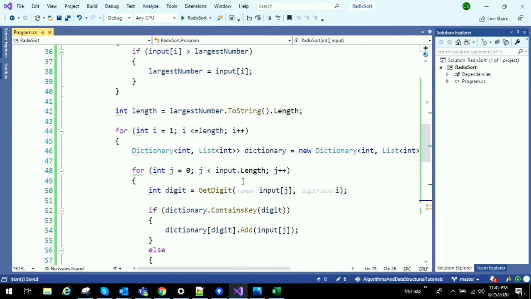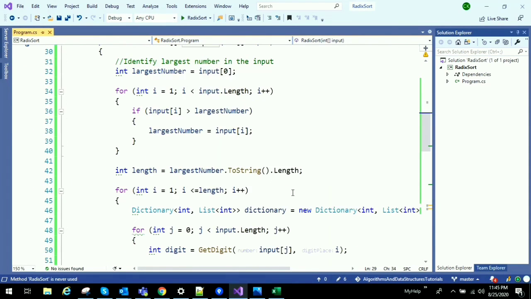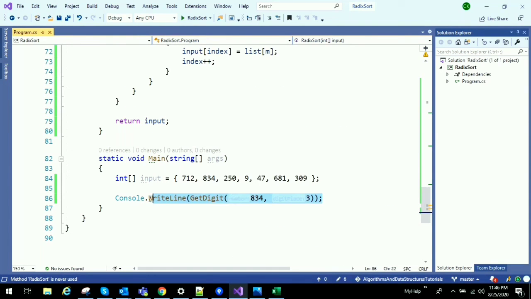Let us call this radix sort method and display the elements, and those are supposed to come in sorted order. Let's see whether it is working fine or not. I will call radix sort with our input, and it will return the output array.